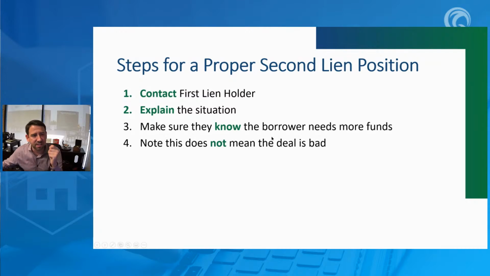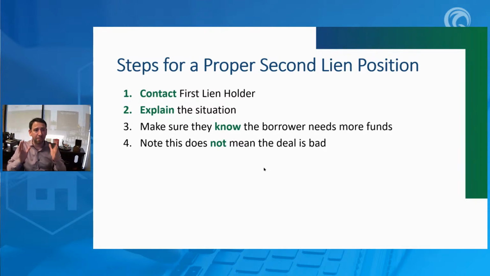Nope, this doesn't make the deal bad. Just because someone needs to borrow more money to make a deal happen doesn't mean this investment is a bad deal. Now, where I don't like second liens is when someone's asking for what they call gap funding. A lot of you guys out there want gap funding, meaning you're trying to bring in a second lien holder before you've even started any due diligence or the project has even started. You're borrowing all the money for the first lien holder and you're borrowing money to make the deal happen. That's not going to work for me, guys.